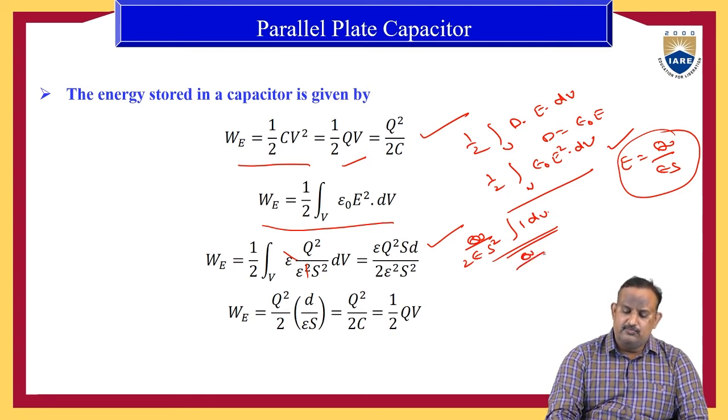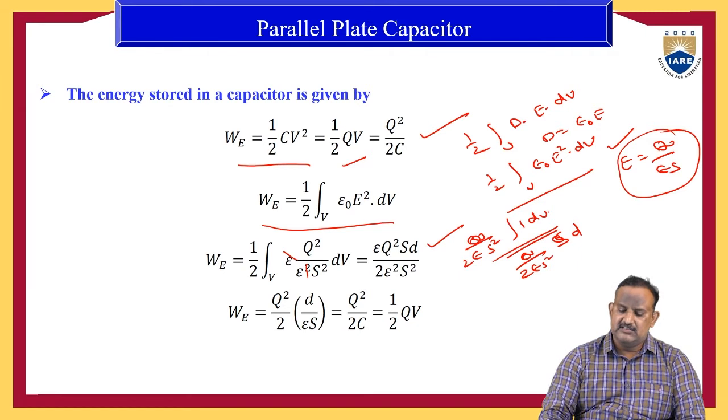Therefore it is Q by 2 epsilon S square into S into D, where S is the surface area and D is the separation between the two plates. So S and S cancel each other. Therefore we have finally